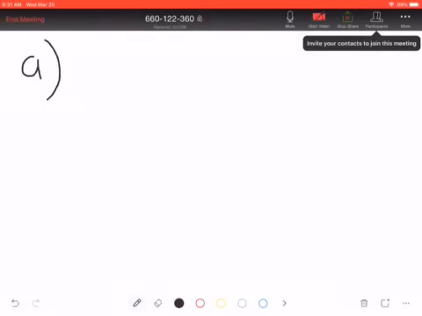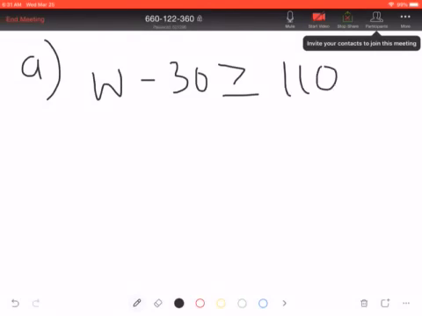So we've got some wildflowers. A botanist, which is someone that studies plants, right, claimed the number of acres of bluebonnet wildflowers in the county could be estimated by this inequality. So let's start writing what our inequality is first. Okay, and the W represents the number of acres of the wildflowers. So if we read this, it's the number of acres of wildflowers minus 30 is greater than or equal to, remember there's that little line underneath, so it means greater than or equal to